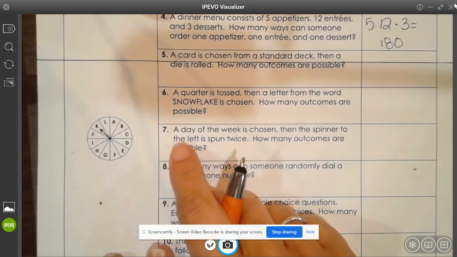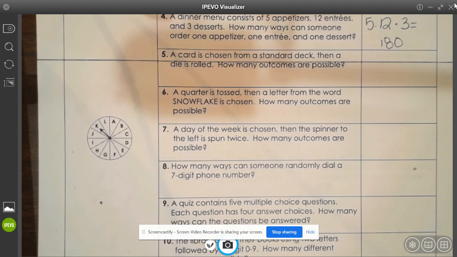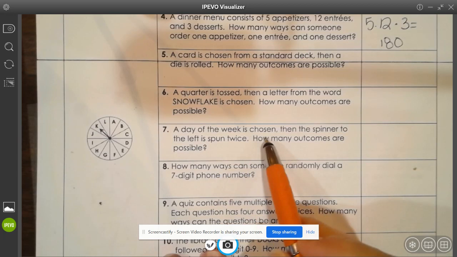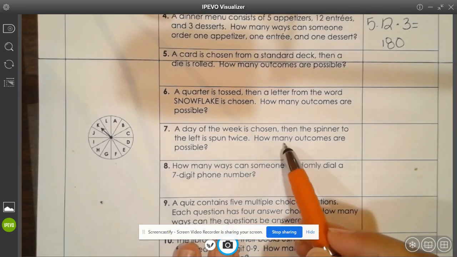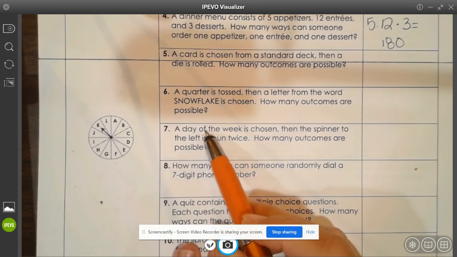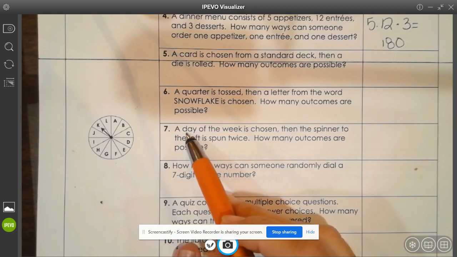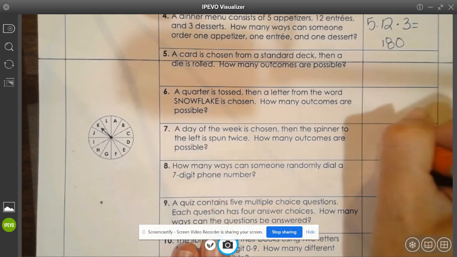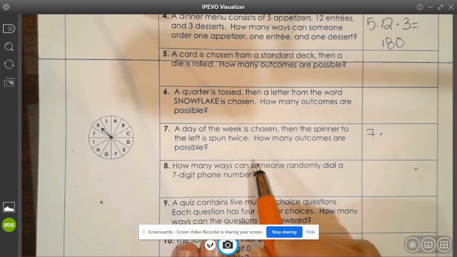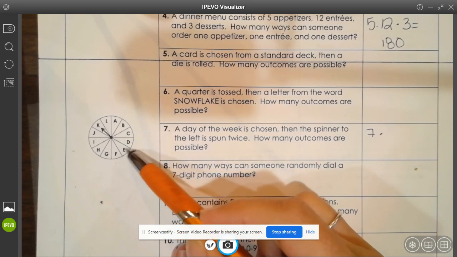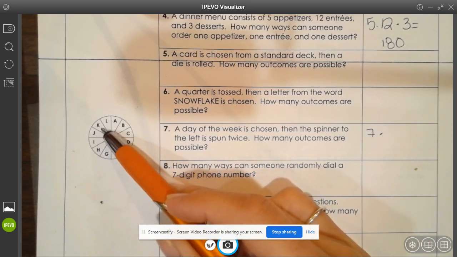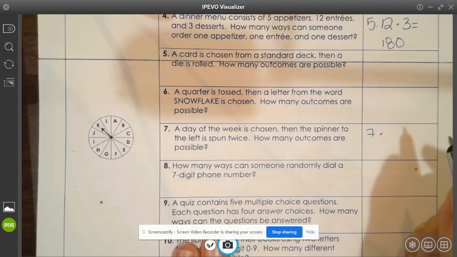All right, let's look at this one. It says a day of the week is chosen. So there's 7 days of the week. Then the spinner to the left is spun twice. How many outcomes are possible? So you have 7 days, right? So 7 days times, well, you have how many things here? You have 1, 2, 3, 4, 5, 6, 7, 8, 9, 10, 11, 12. So that's 12,